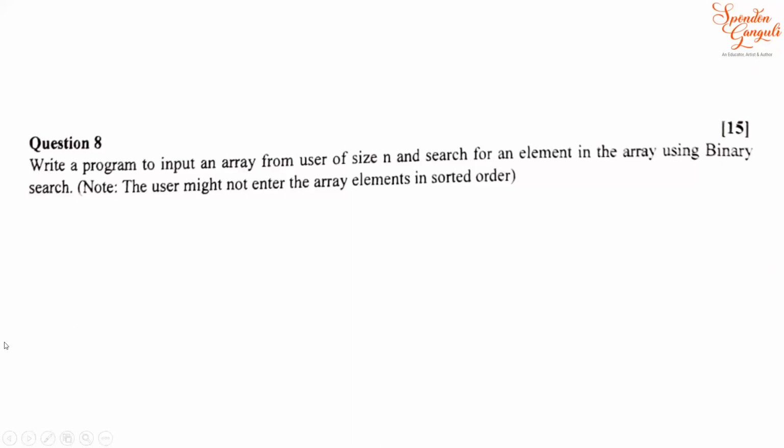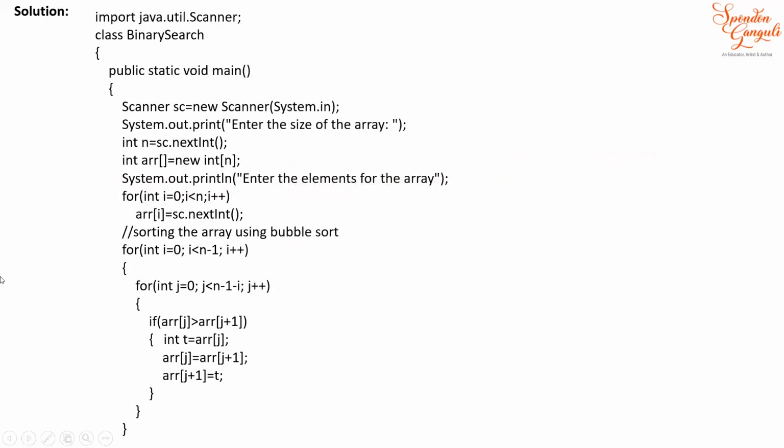It is very rare that two operations will be asked in one program, that is sorting as well as searching. It generally doesn't come in board's paper. But as here it is asked, we'll do both. So in my solution, what I have done, I've used the bubble sort technique, the easiest sorting logic. After I take the element from the user, first I've taken the size of the array, declared the array here, int arr equal to new int[n], taken the elements, then the nested for loop is doing what? It's performing the bubble sort,